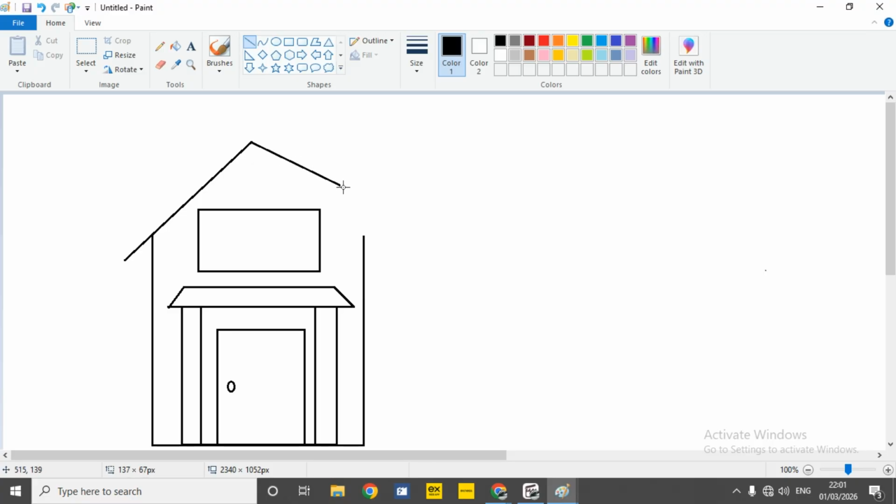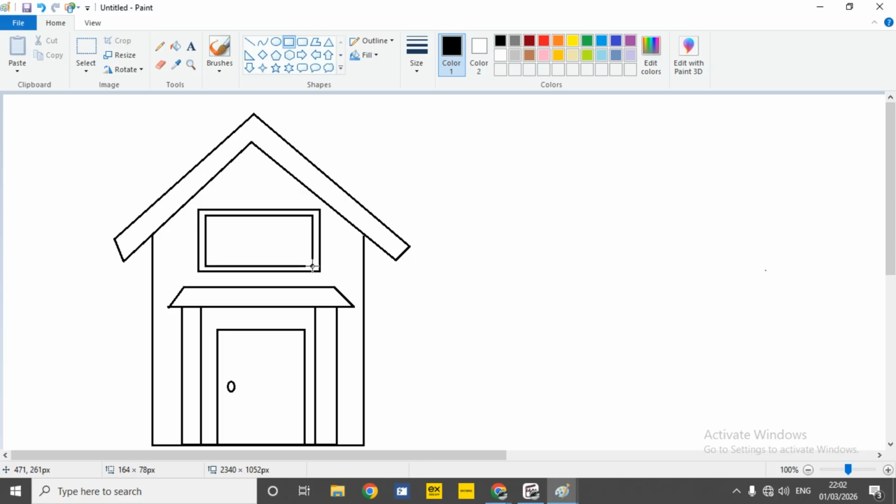I draw the line again this way. I'm using line. I can use the polygon tool as well, but I'm using line for this so that it can be very easy for everyone. So close it up and close it here. That is it. So here, click and draw a rectangle inside like this,